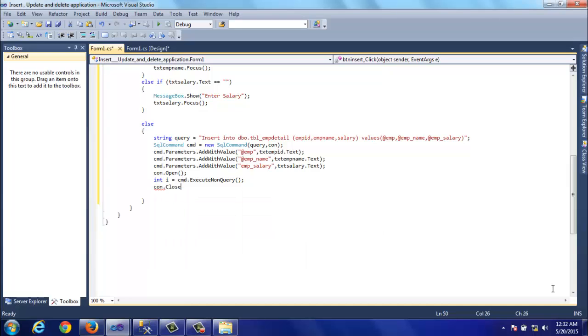Now why is this method used? It is used for insert, update and delete queries, and this ExecuteNonQuery method returns an integer value. If the integer value is greater than 0, it means the rows were affected successfully, and if it is equal to 0, it means the query execution was unsuccessful. Okay, so just write down if i is greater than 0, then the record inserted successfully. So MessageBox.Show